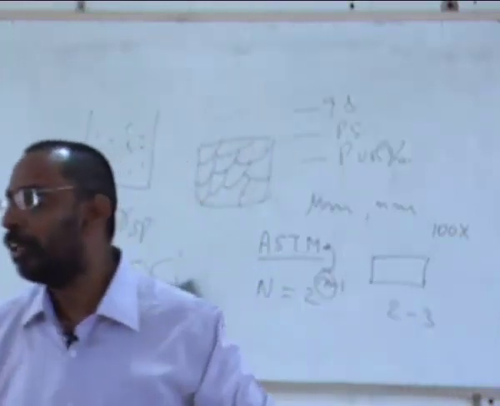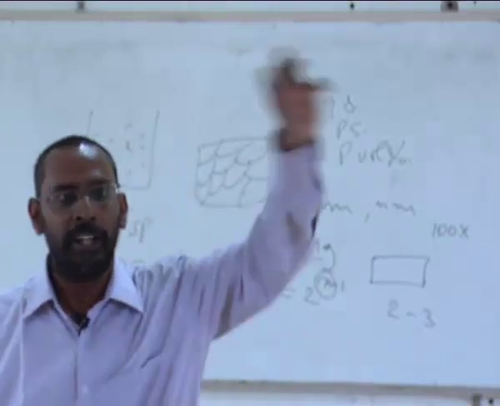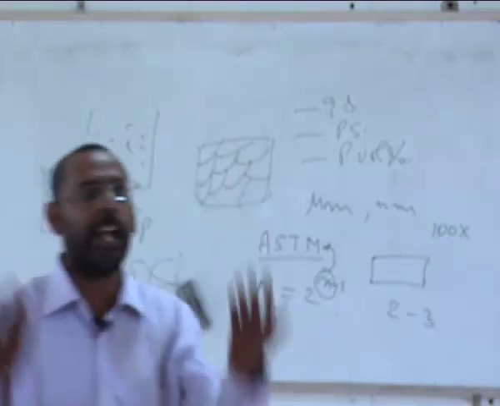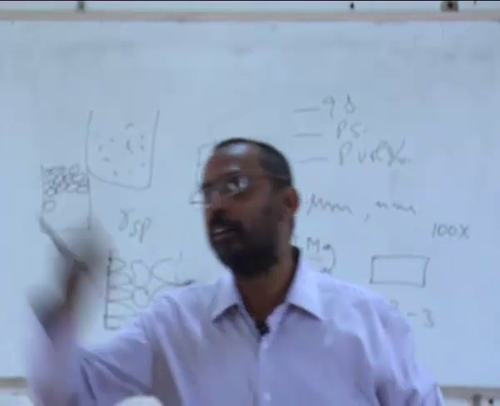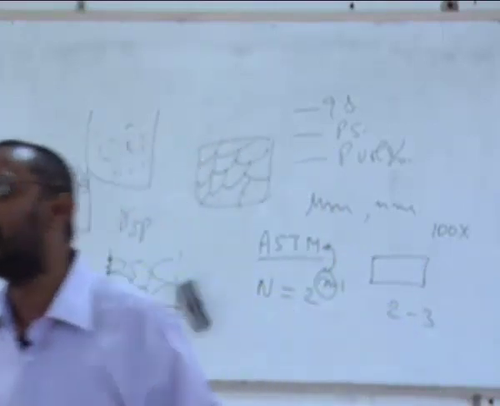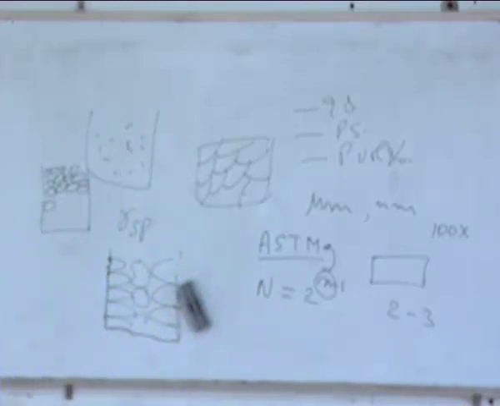If you have gone to your metallography lab, possibly they would have put up a chart showing what ASTM grain size 1, grain size 2 and 3 and 4 or so look like. How many grains are possible? So compare with that and say, okay, this is closer to 2 or closer to 4 or whatever it is. This is how most of the industry fellows do this. But as an academician, I would like to get a correct number for it.